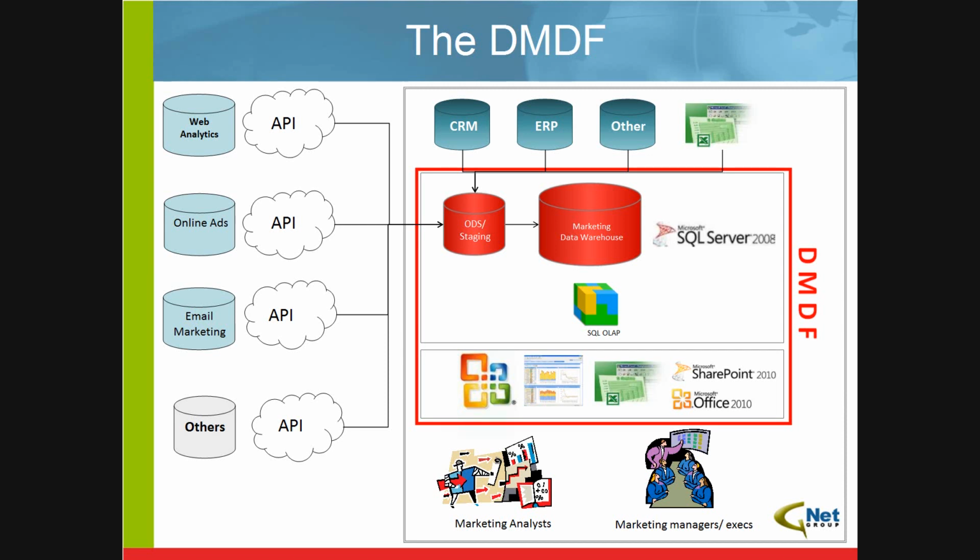So now you can see immediately, rather than depending on a bunch of Excel exports, we can automate the pull of information via APIs and web service calls and store that data in a staging arena, along with an ODS to make sure that we can level that playing field and foster relationships between systems. From there, we can feed that information into a marketing-focused data warehouse. Now we can consolidate information, consolidate business rules, have that single source version of the truth that represents your marketing